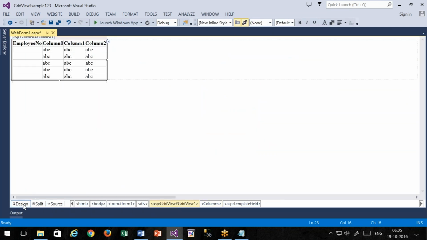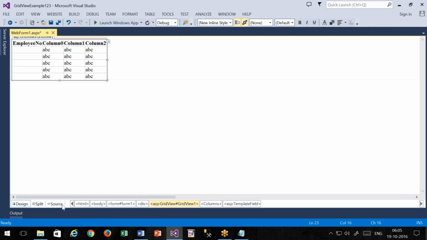It is displaying your customized column and by default the Gridview's 3 columns. Observed? Yes, sir. By default 3 columns. You can observe it is going to display. There is a small lag in the screen which I have observed. Now you can see your customized column as well as the auto generated 3 columns are all getting displayed,